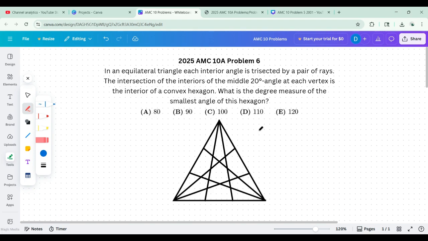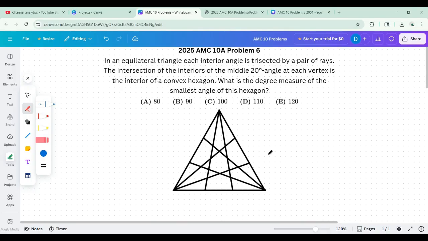So in order to solve this problem, you have to have a diagram. And in this case, I drew out the diagram for you. On the test, however, you'll have to draw it by hand. Okay, in order to solve this problem, we understand that this is an equilateral triangle, and each interior angle is